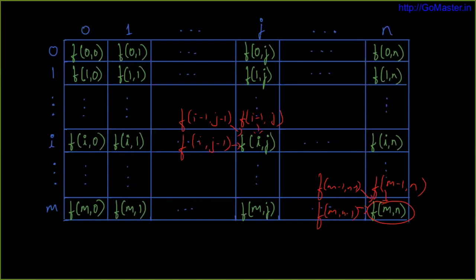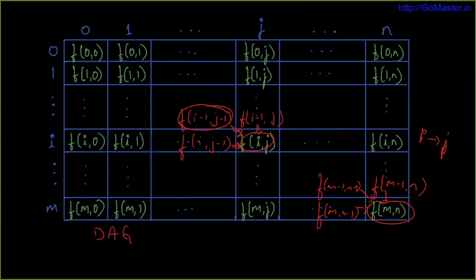If you look at the arrows I'm drawing here, these are the dependencies. All the dependencies in this whole DP table form something called a directed acyclic graph. It shows that whatever a problem depends on should be computed before that. So if there is an arrow from i to j, i should be computed before j because j depends on i, right?